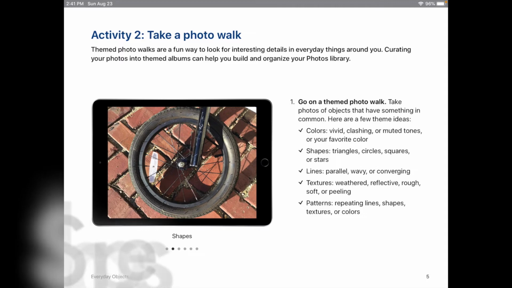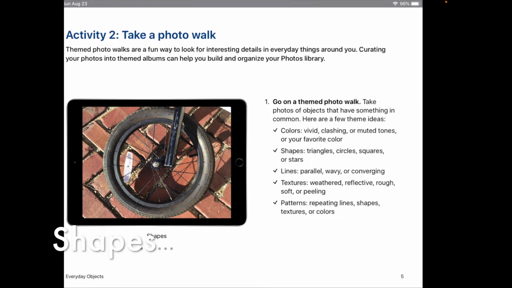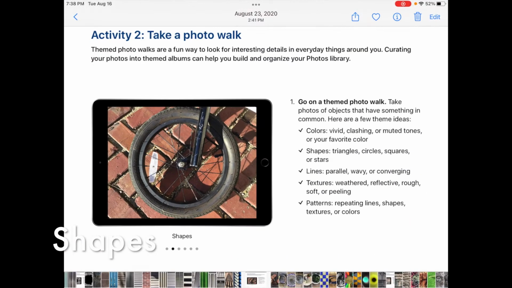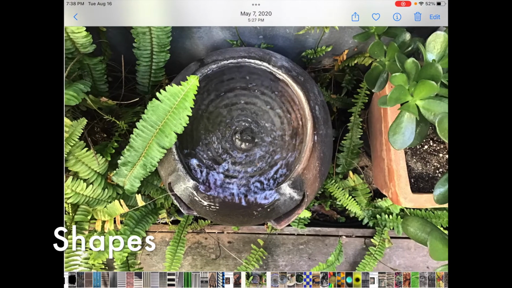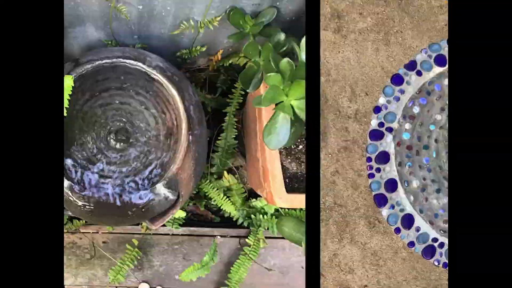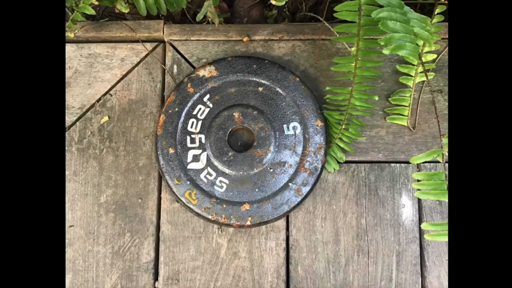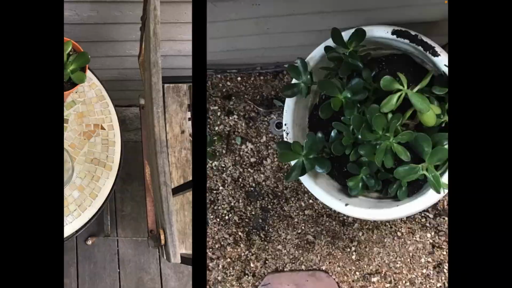We're looking at some line photos here. Another option is to take photos of shapes. Obviously that's a circle in there, so I might go look for a few other circles to take pictures of and try to capture other circles